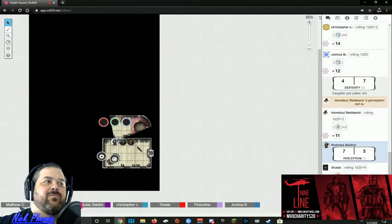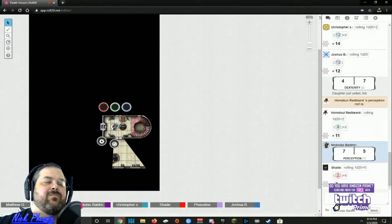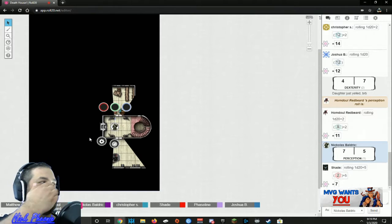I'm gonna go and try to open up the doors over here by me. Okay. So they're unlocked. Inside is a study of sorts. There's red velvet drapes that cover the windows of this room, an exquisite mahogany desk and a matching high-back chair